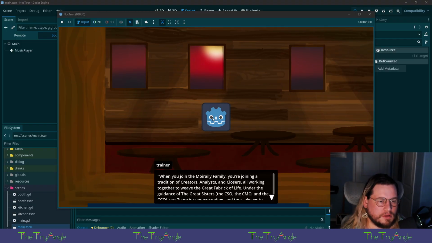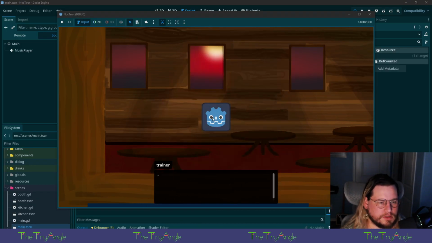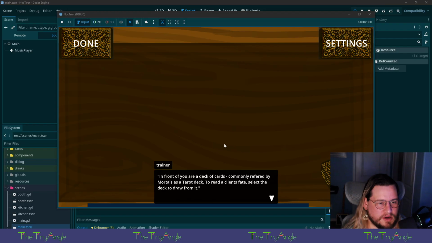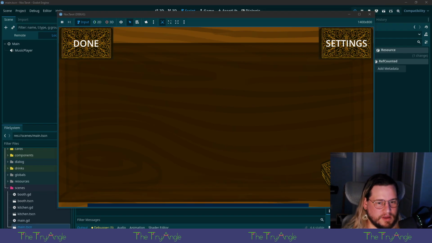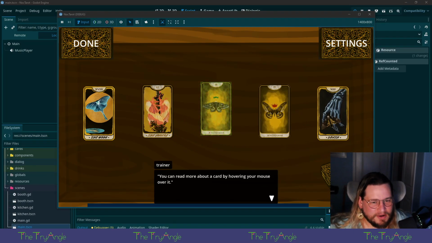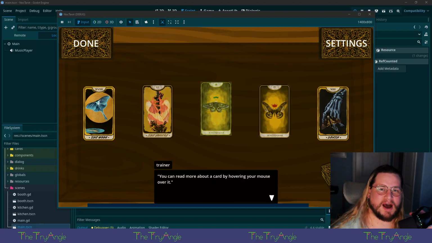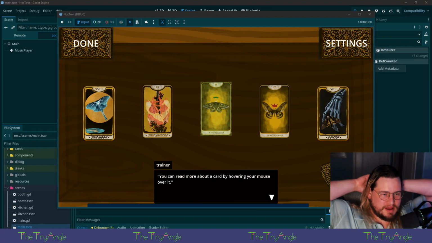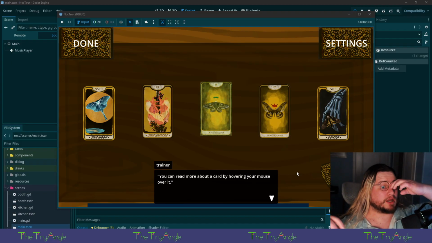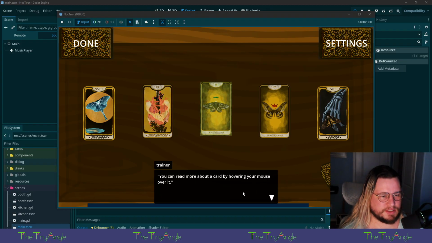I love that so much. That's great. Deck of cards. Select the deck to draw from it. That blends really nicely, too. You know, we did a pretty fine job. I'm so proud. It feels like maybe it's because it's been a minute. You kind of walk away from something, you come back to it. I'm really proud of this. I think everybody did so well.